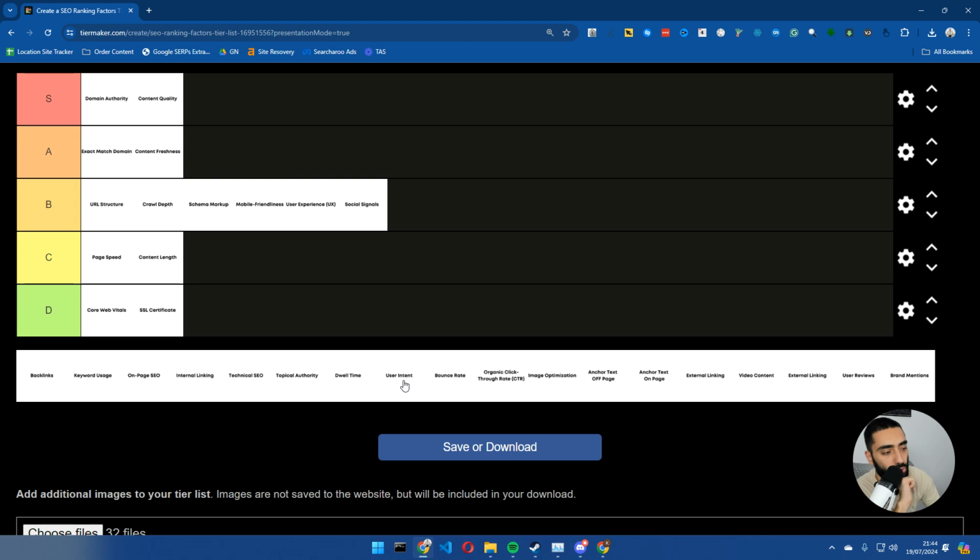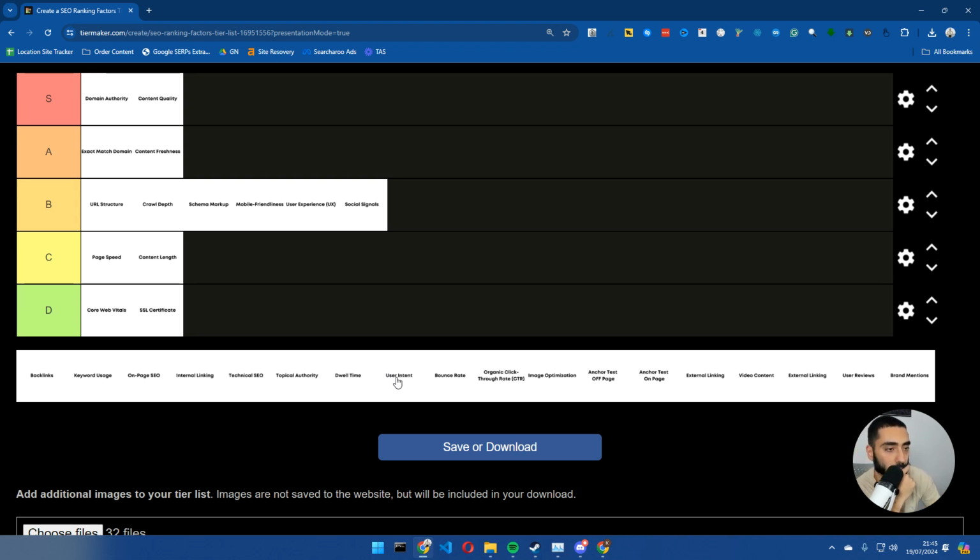We then have got user intent. Now, user intent, I would probably say that it's super important because a lot of websites after core algorithm updates actually lose positions because they don't match the user intent. And what I mean by that is, in some cases, prior to an algorithm update, Google might prefer displaying review websites. After an algorithm update, it might prefer displaying shop websites where you can physically actually buy the product. So making certain that you are actually matching the user intent, that can definitely help.